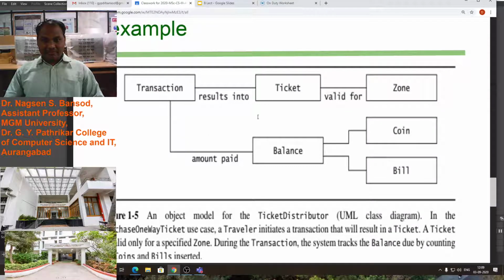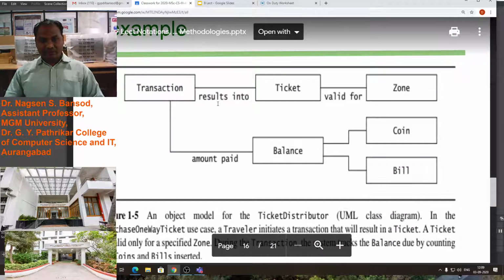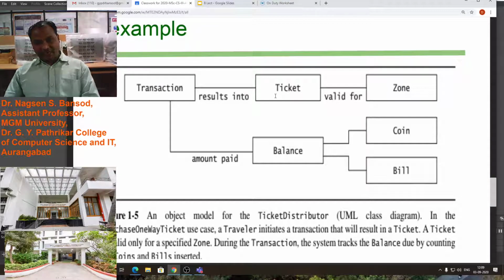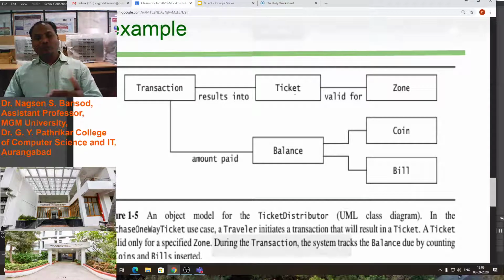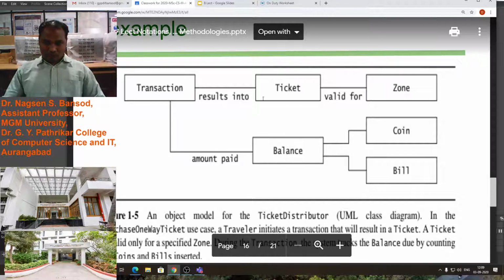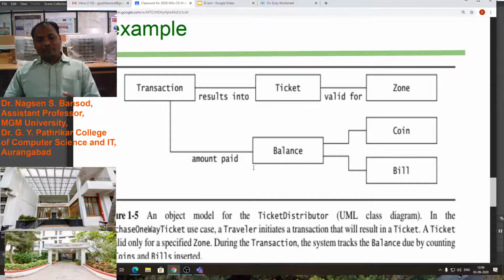So in this class diagram, you see the transaction results in a ticket valid for a particular zone. Suppose the traveler selected the zone SIDCO, then that ticket will be valid only for SIDCO, and with that the amount paid for the ticket distribution, ticket, coin, and the bill.